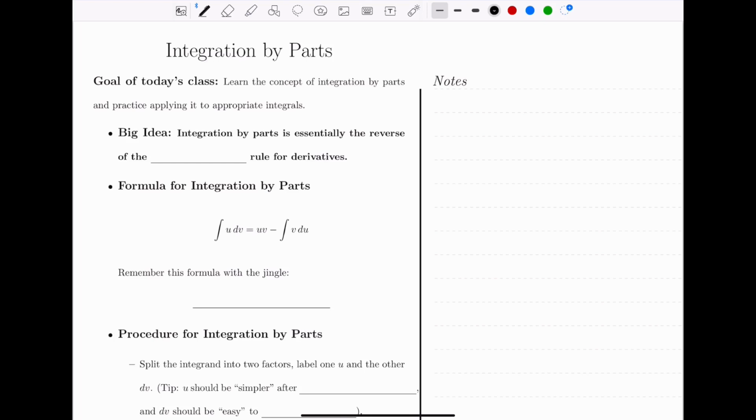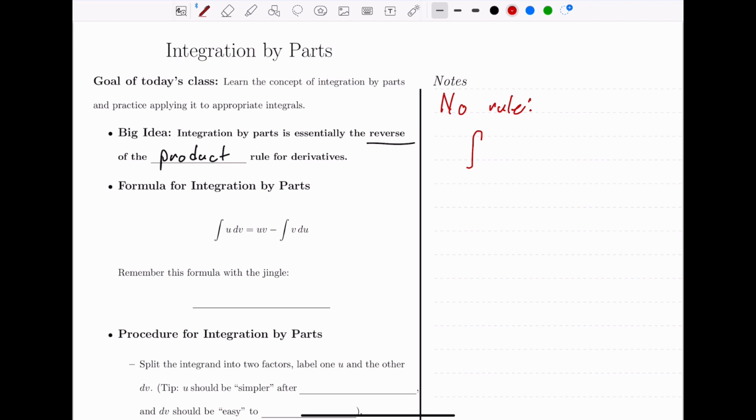In this video, we will learn about integration by parts. The concept of integration by parts is an integration technique that is essentially the reverse of the product rule for derivatives. Now, when we first talked about integration rules, remember that in general, there is no rule for the